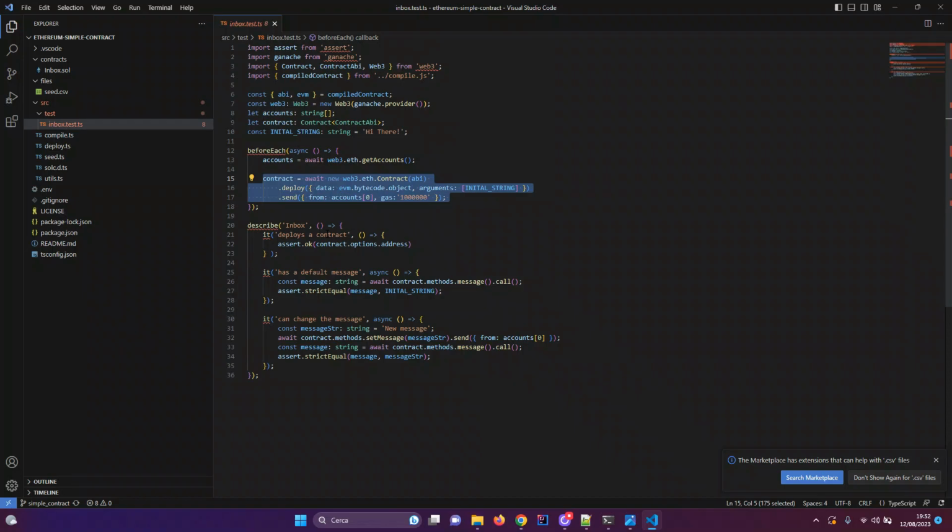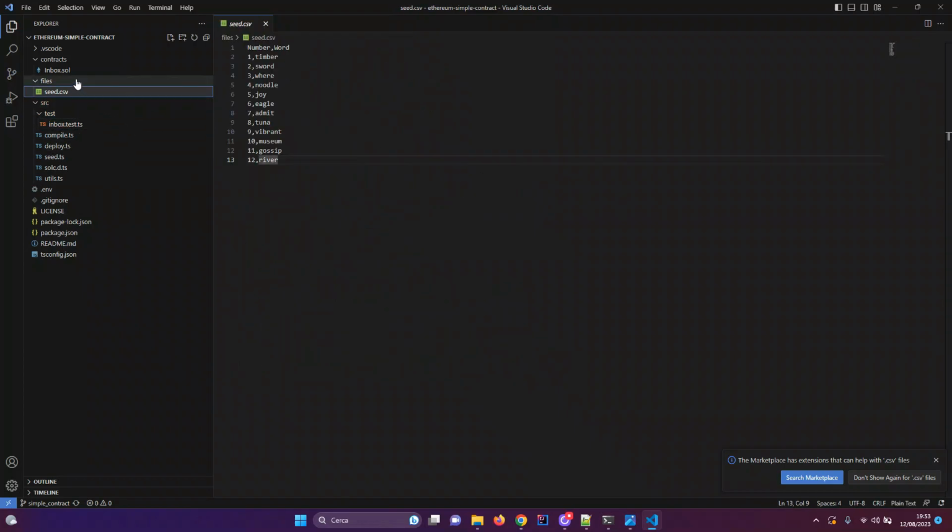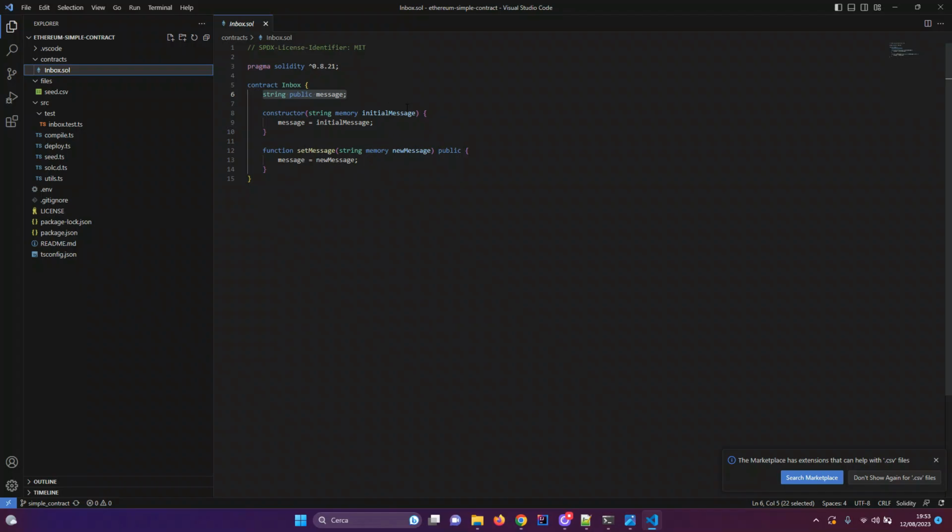So what this test does, it asserts that we have an address from our contract, so it has been deployed essentially. Then it tests that, as you can see here, you have a constructor, so we set an initial message.